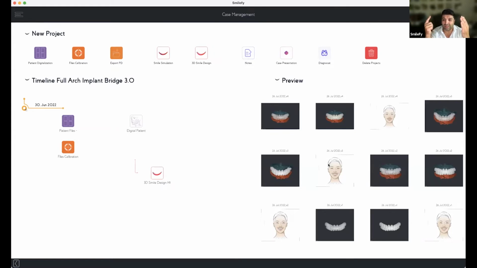To avoid this kind of issue, if you have an intraoral scan and a facial scan, you calibrate the intraoral scan with the picture and the intraoral scan with the facial scan. So we're going to have two different objects that are not aligned or connected to each other. The picture with the STL is one thing, the facial scan with the STL is the other thing.